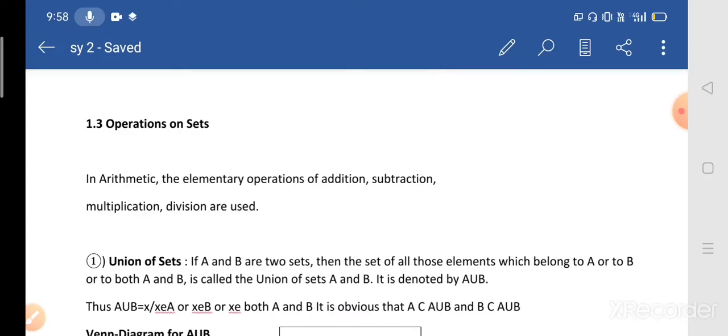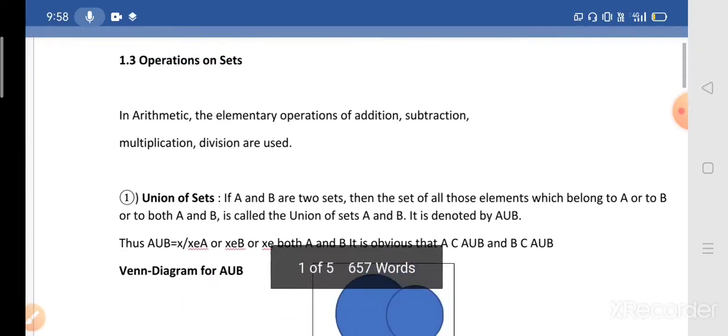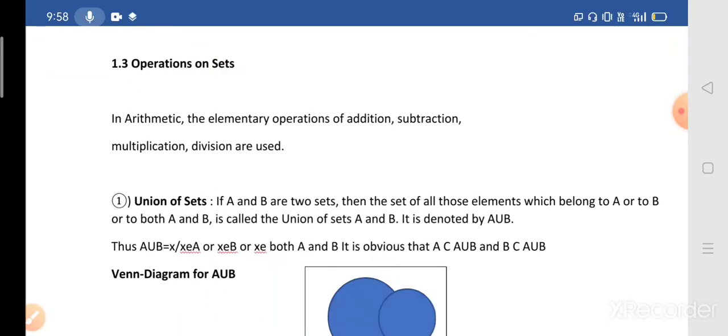You already know the set N of natural numbers, and then the set Z of integers. Then the set R of all real numbers can be taken as the universal set. N and Z are two sets and these are all included in R. So here R is the universal set.